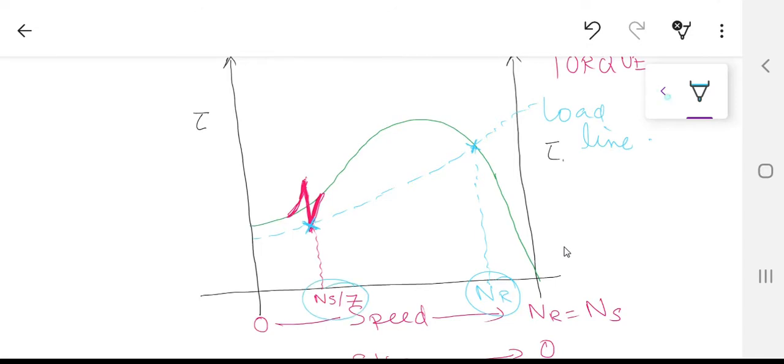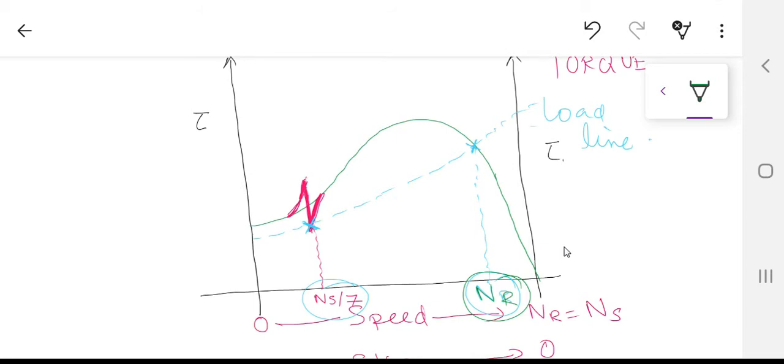So what is happening is that instead of going at your designated speed of NR, whatever that speed may be, maybe with a 3000 RPM NS it was something like 2800 or 2700 RPM, the machine is now revolving at 3000 divided by 7, whatever that value will be. That value is going to be the crawling speed of that induction machine. This torque is still being fed into the machine, and the load is still working, because the load is actually a square law equation, not a straight line.